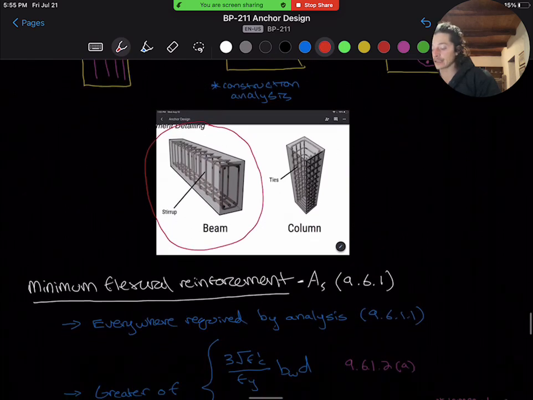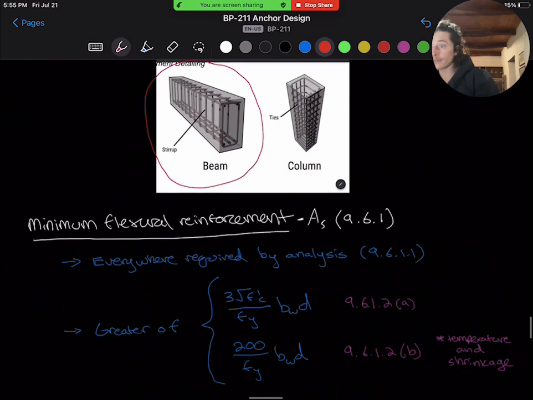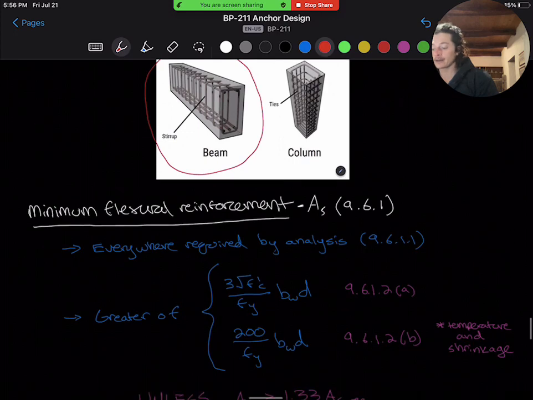First, and obviously, AS is required everywhere where required by analysis. So this is just a statement that AS should be adequate in strength to resist flexural loading. And then next we have section 9.6.1.2, which stipulates that AS should be the greater of the following: 3 square root of F prime C over Fy BWD,